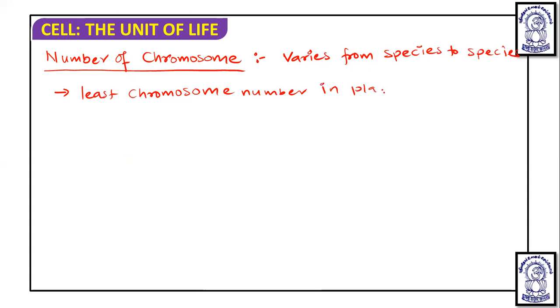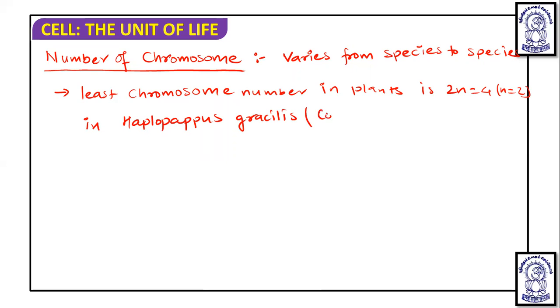in plants it is 2n is equal to 4, so n is equal to 2, in Haplopappus gracilis, and Haplopappus gracilis is an example of the composite family,